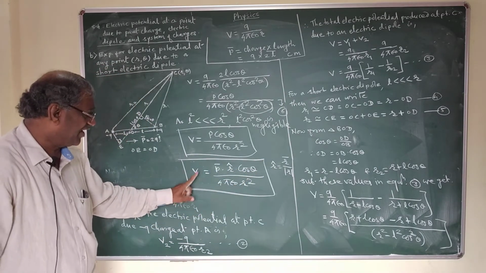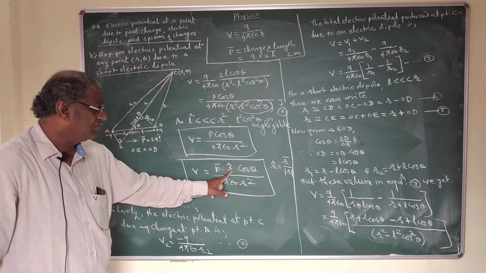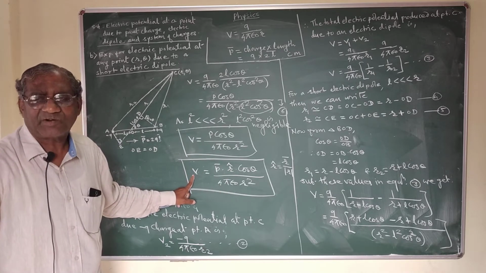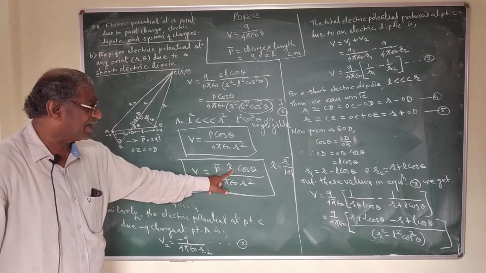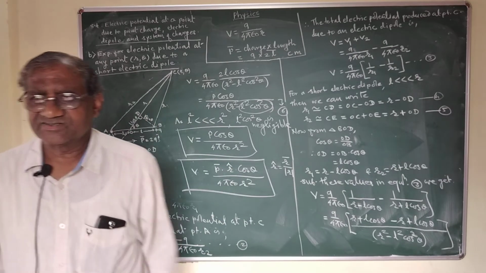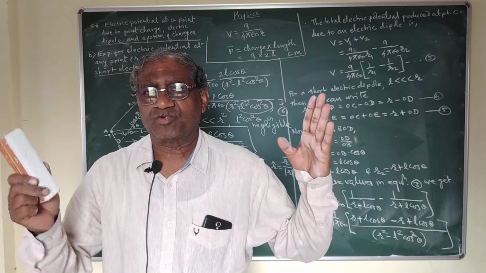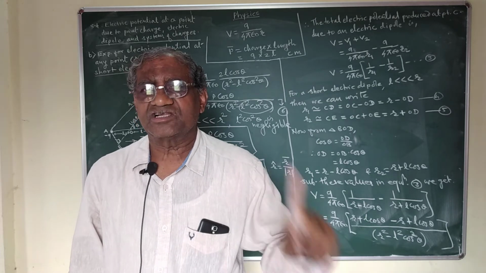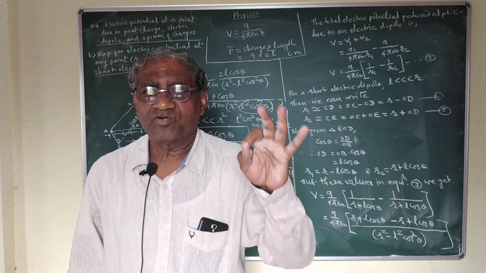So in vector form we can write it because it is a scalar quantity. The product of these two vectors gives a scalar, and this product is called the scalar product of two vectors. Means by the multiplication of two vectors, if the result is a scalar quantity, then this is called the scalar product or dot product. And if the result is a vector quantity, then this product is called the vector product or cross product of two vectors.